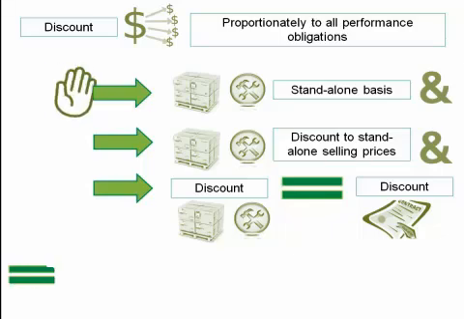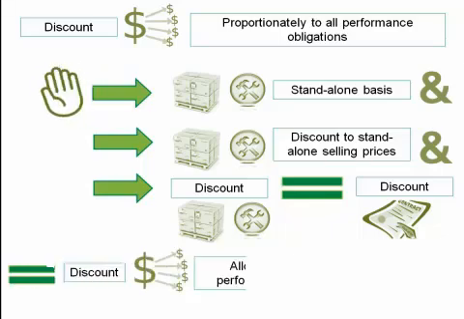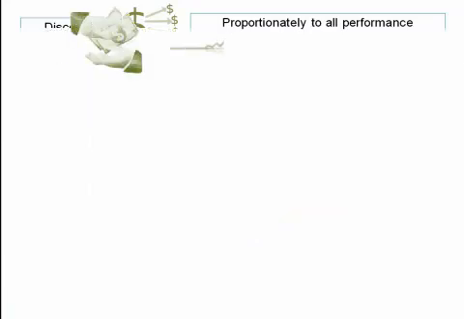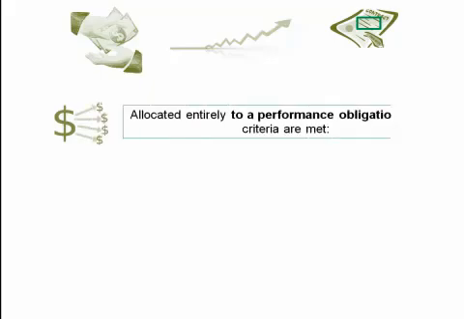If the above criteria are met, an entity shall allocate a discount entirely to one or more, but not all, of the performance obligations in the contract. Variable consideration that is promised in a contract may be attributable to the entire contract or to a specific part of the contract. An entity shall allocate a variable amount and subsequent changes to that amount entirely to a performance